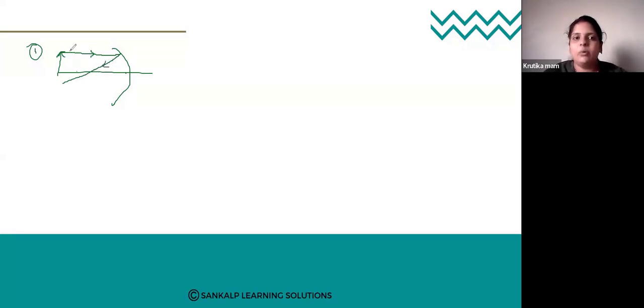Right? So now here, this is the incident ray. This is the reflected ray. The first rule says that the rays which are parallel to the principal axis, after reflection, are passing